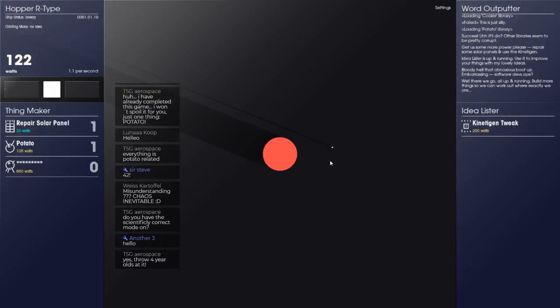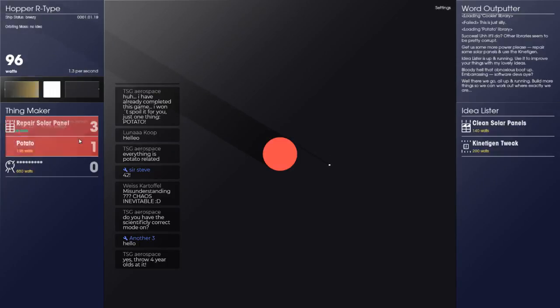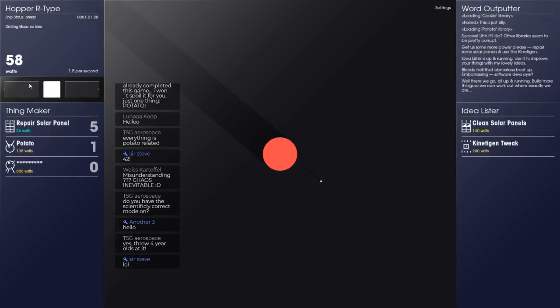What's this? Do I get to zoom, do a thing? I don't appear to be able to do anything here. So repair the solar panels for a 0.1. I'm going to obviously take this all the way up to 0.5. Ooh, what's this? We got things blipping either side.